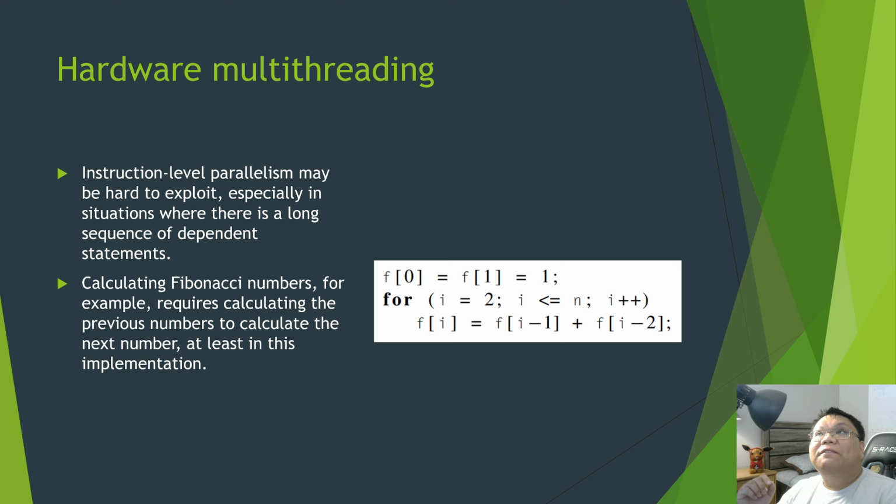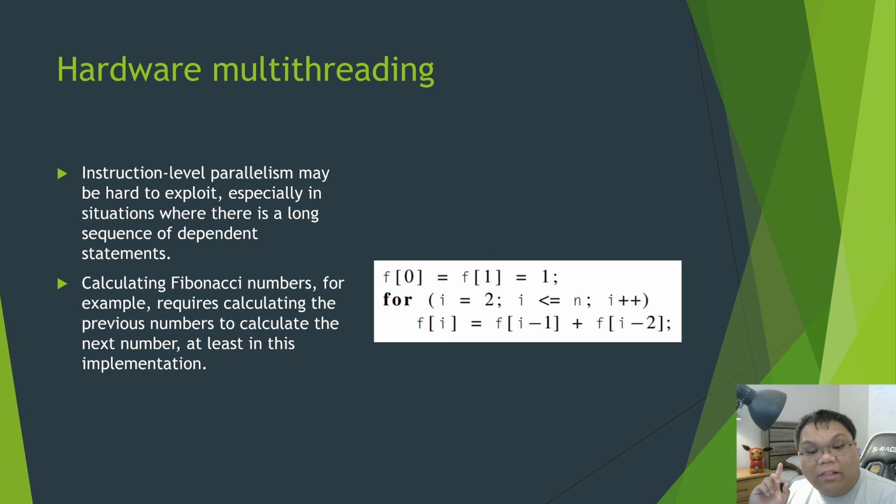So, if we have the starting values 1 and 1, I add those together to get the number 2. That is the next Fibonacci number after 1 and 1. If you want to calculate the next Fibonacci number after that, I have to add the previous 2 Fibonacci numbers that came before it. In this case, this was 1 and 2. I add those together to get 3. 2 plus 3 equals 5. 3 plus 5 equals 8. 5 plus 8 equals 13, and so on and so forth.